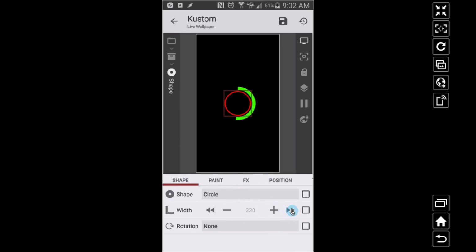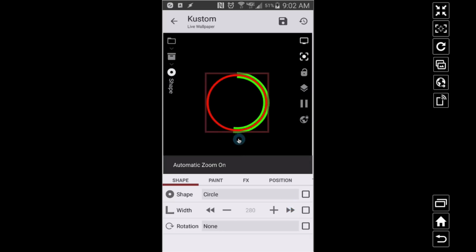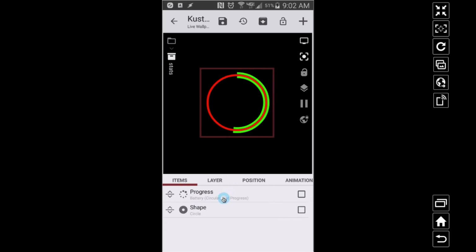I'm going to go back and adjust this size, and that looks pretty good. Let's zoom in on it. It looks like that ring is centered, but we want this to be behind this battery thing. So therefore what I need to do is just slide the circle there. And now notice, this is what we've used, the green is what we have left. Bam, just like that, we pretty much got the battery piece duplicated,